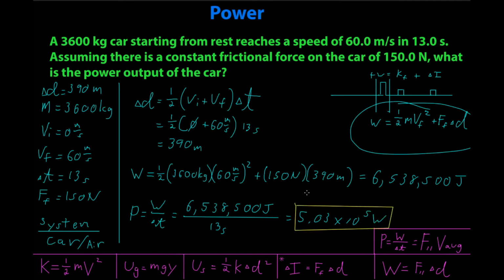Okay, in this example, I used the work over time relationship. So I made my bar graph to find out where the energy is. Notice my bar graph is what tipped me off to the fact that I should have internal energy here. I found all the energy transferred and then divided by the time. Now I want to show this to you